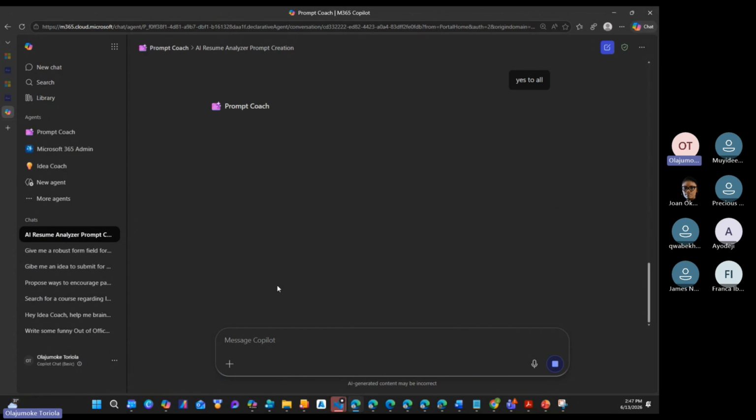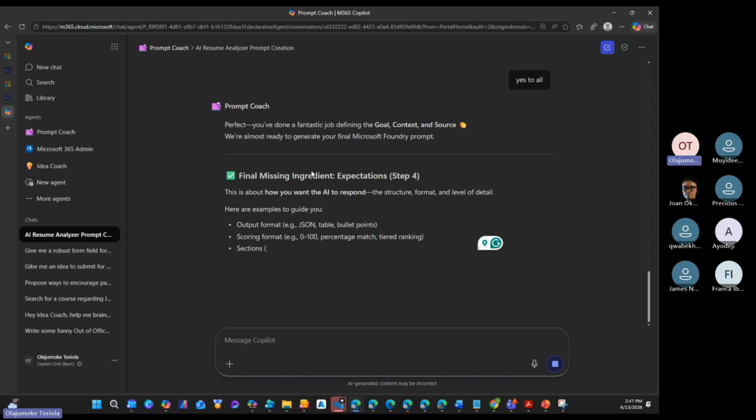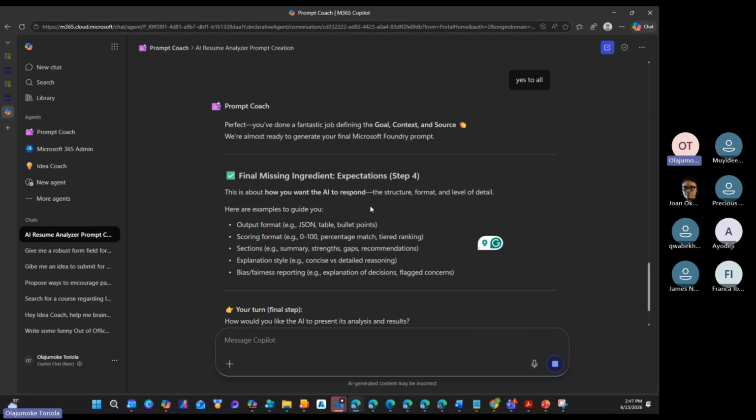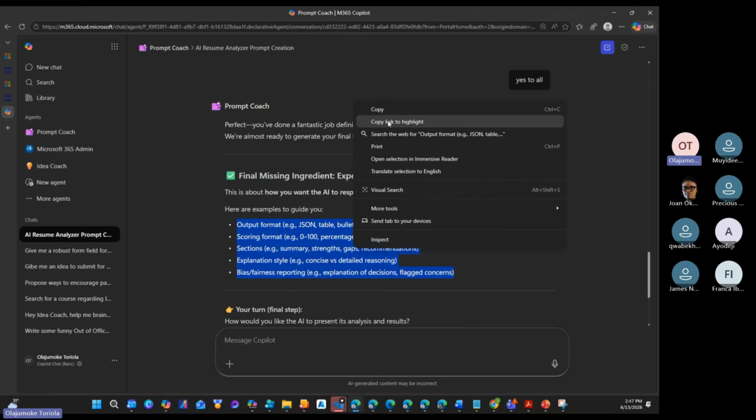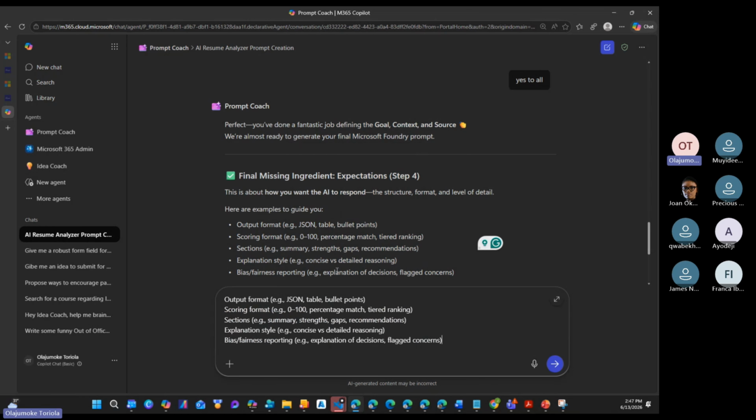Then, the final missing ingredient: what's the expected output format, is it JSON? I will say no, I want bulleted points. So I can come here and copy this, that my response is that I want bulleted points.